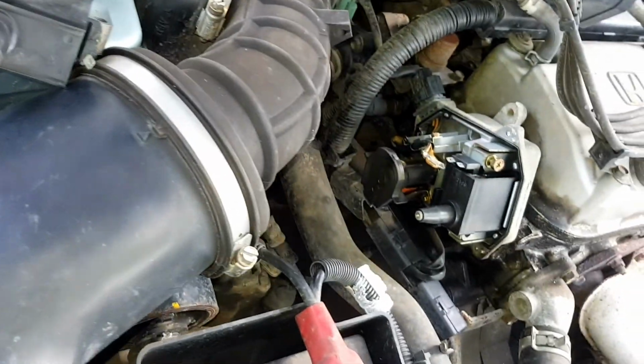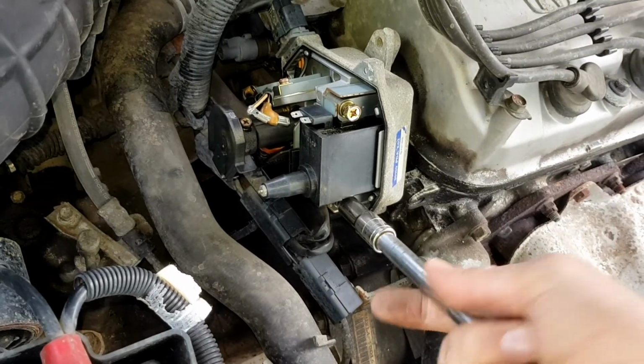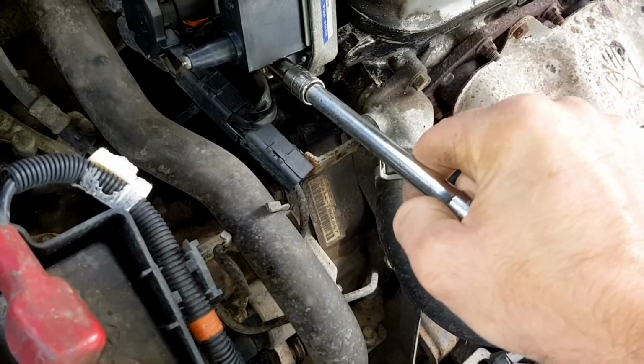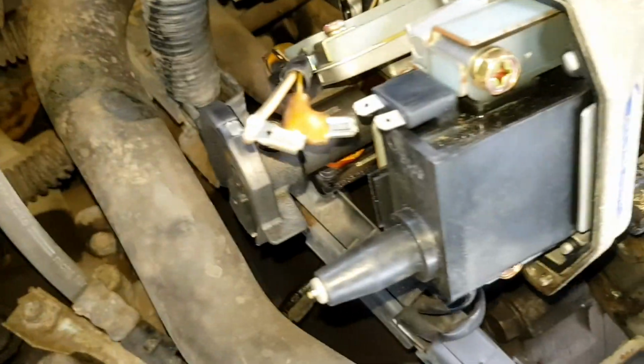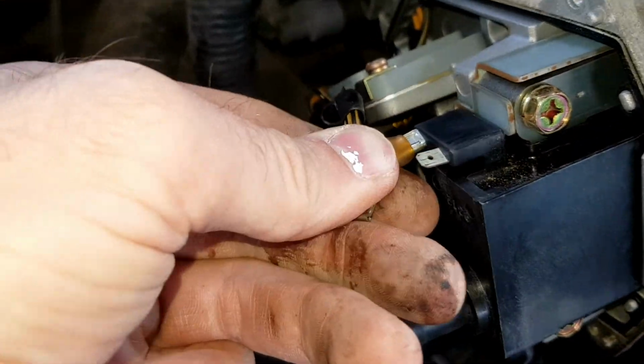That's one. So just give them a nip up, and then the wires just want to go back on the same way they came up, so